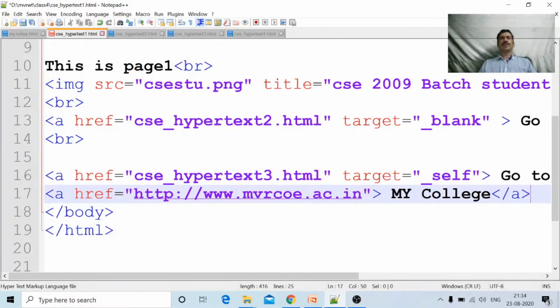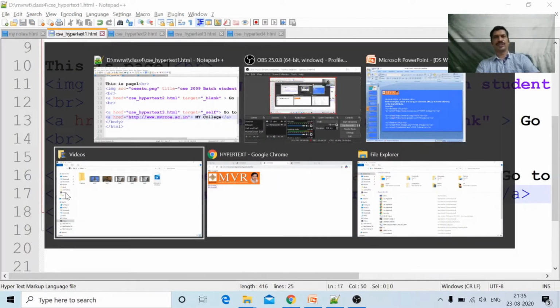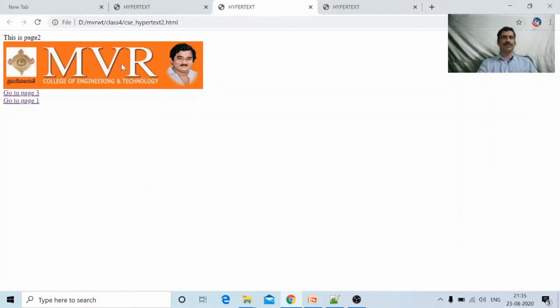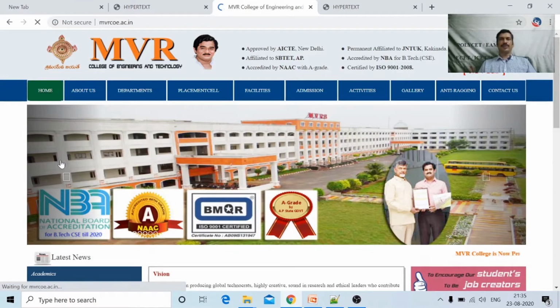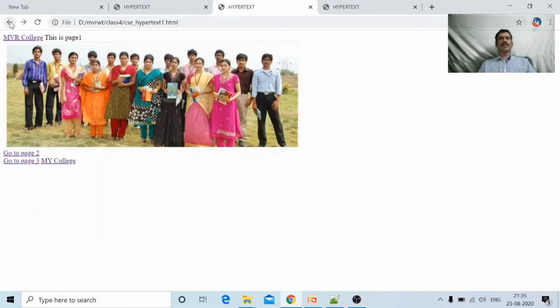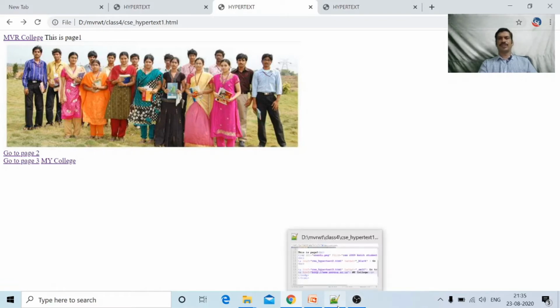This is called an absolute path. Control S, Alt Tab, and I open this file in the browser, page 1. Whenever I click "my college", in the same page the college website is opened. Going back, I press the back button. Whenever I click "my college", the college website opens. Starting to ending path is called an absolute path.